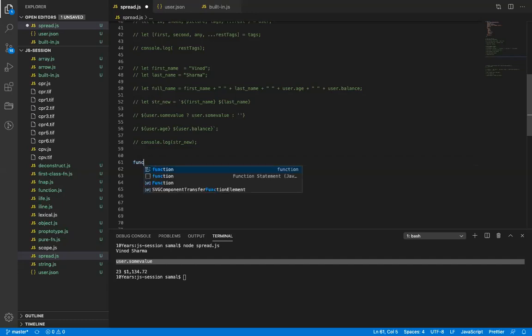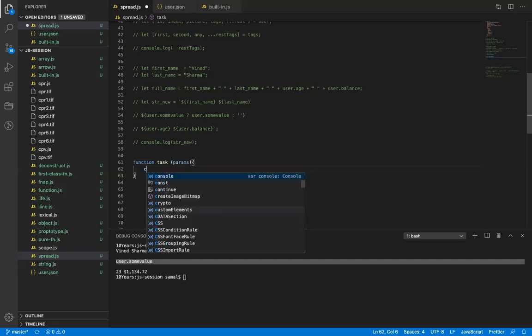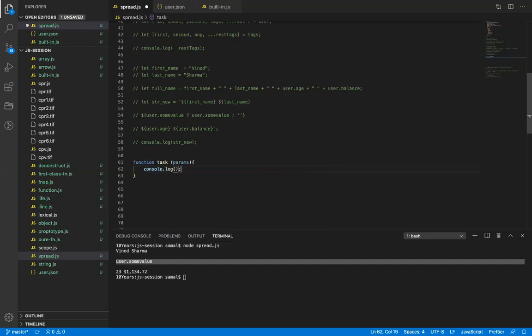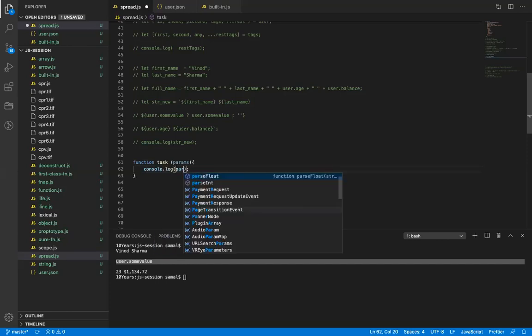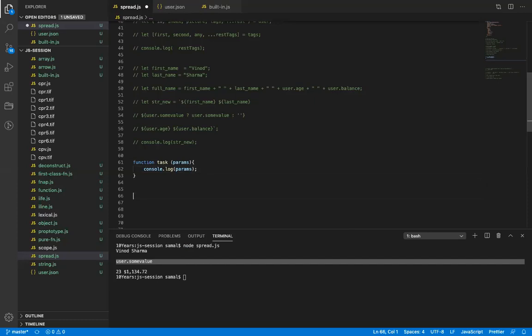So let's say I have a function named task. I'm writing a normal function, and I call this param and console.log this param. Now I call task and pass the user.